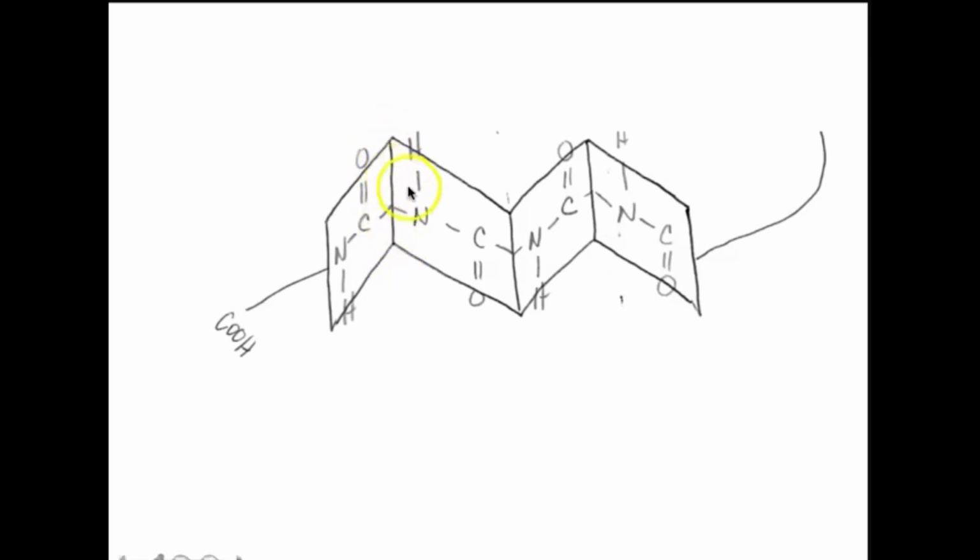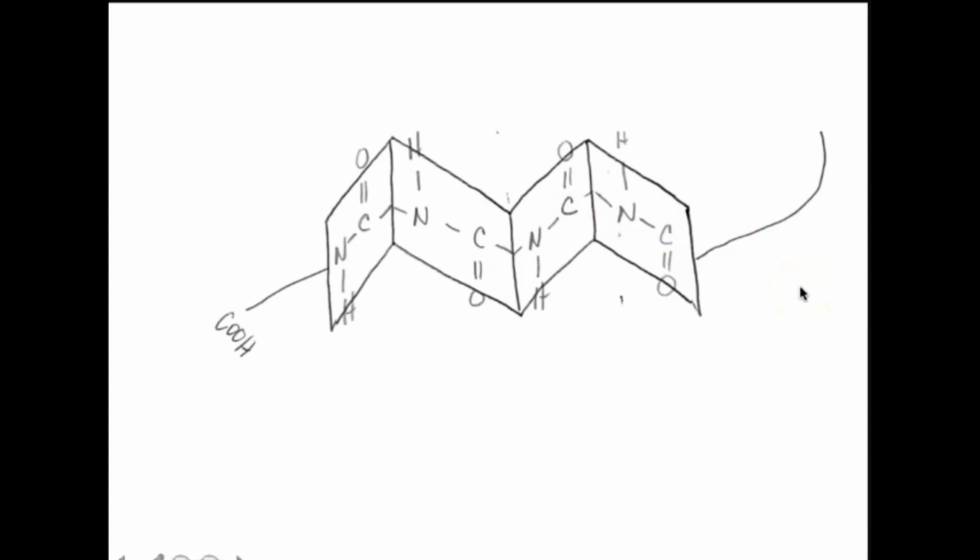And then you have the flat part. So here's the first flat part. Here's one peptide bond, and then here's the alpha carbon, and then another flat part is the next peptide bond. You'll notice now the carbon double bonded oxygen is pointing down. And then we have another 80-degree turn at the next alpha carbon, and this one is going to be facing up, and then another alpha carbon in the next peptide bond group is facing down, and we have our pleat